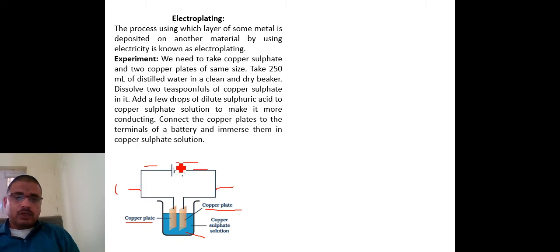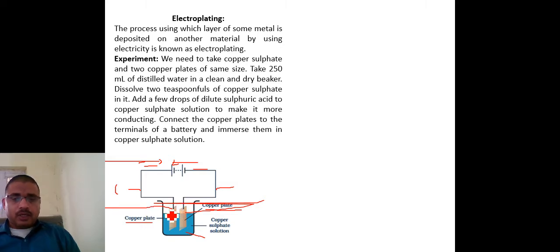Now the electrons are moved from this plate; the motion of electrons is in this direction, and the current flows in this direction. When the electrons are coming from this plate, the color of this plate will diminish, since the electrons are escaping from this plate. When most of the electrons have come out from this plate, all these electrons get deposited on this plate.